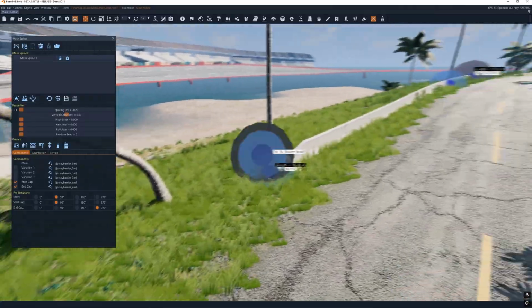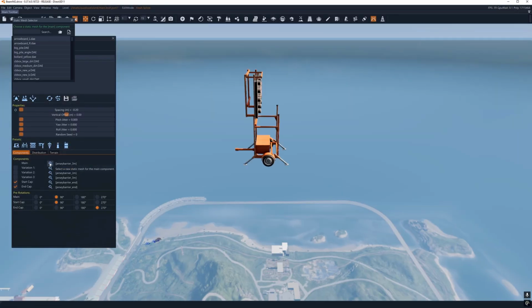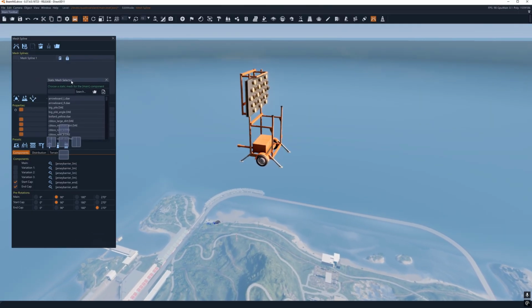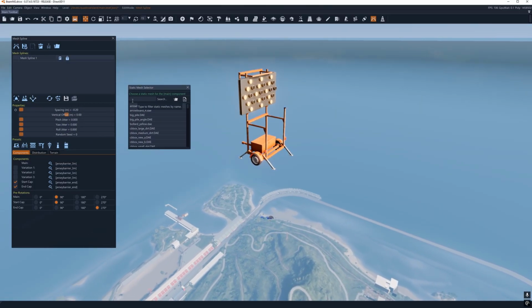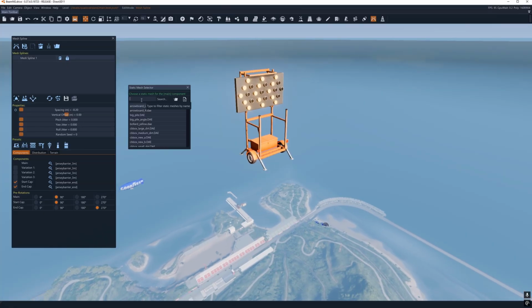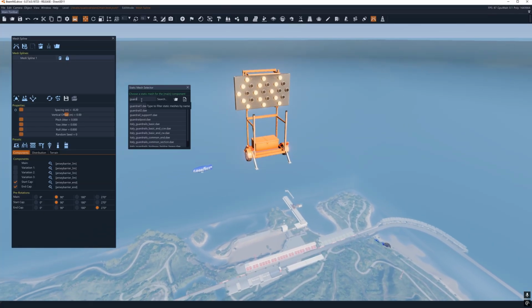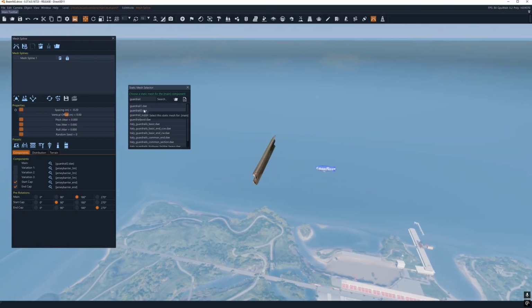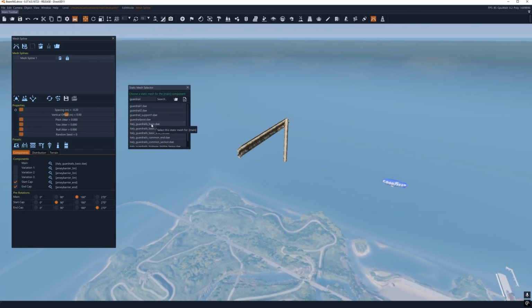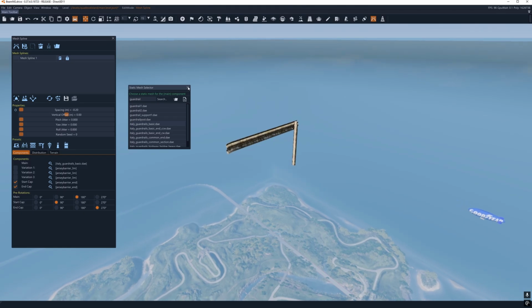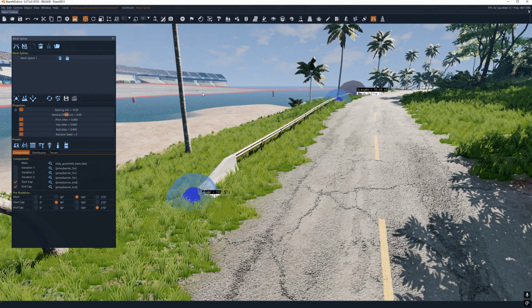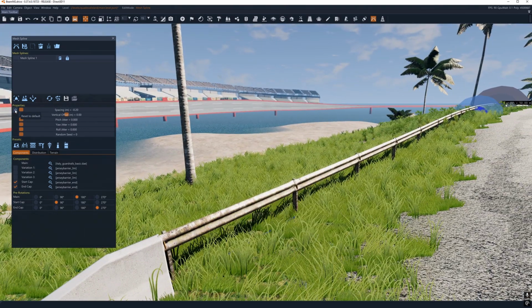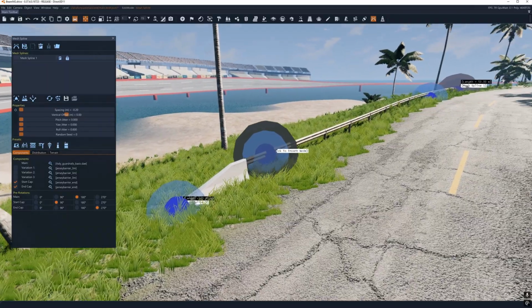So if I want to change the mesh, the main I can change pretty easily, and this is cool because now they have a search box, which they don't have in the Road Architect still. So guard, rail. These two do not space correctly, so I'm going to use the Italy guardrail basic, I think. And you can see if I do set that to 0, they also are funny spaced, just like that troubleshooting guide. So the end caps,